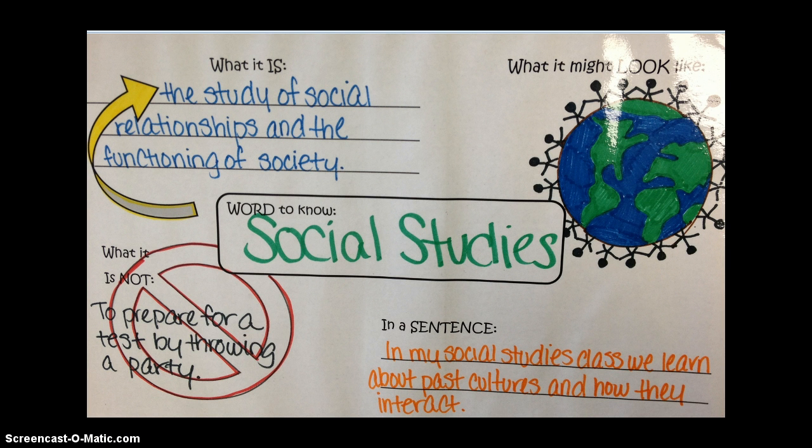Here's an example of one that I had made last year to show my students before they did this assignment. So the word to know would be social studies, and what it is, if you look in the top left corner here, it's the study of social relationships and the functioning of society. So it's a fancy definition, but using a good picture and a sentence, I actually try to make it easier